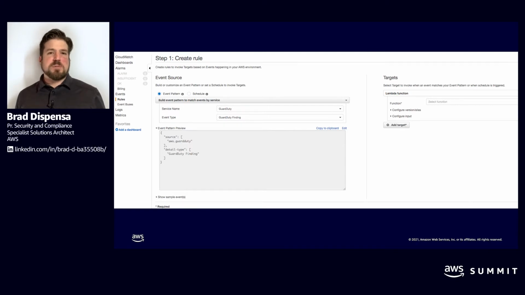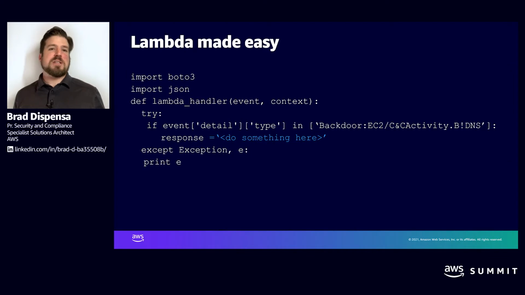Sometimes when I talk to customers about this, they get stressed because that means that they need to write code for a Lambda function and they don't have developers. So what am I going to do? The answer is that oftentimes customers make their response functions more complicated than what they really need to be.